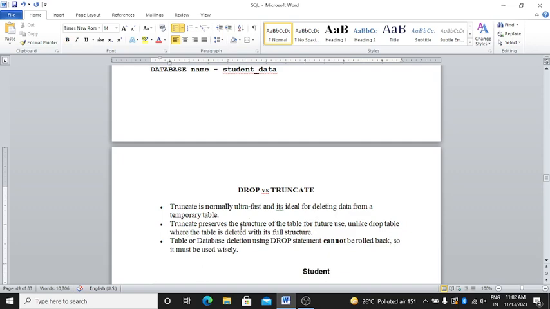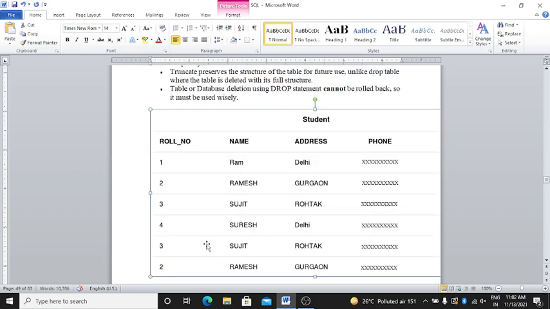Truncate preserves the structure of the table for future use, unlike drop table, where the table is deleted with its full structure. Table or database deletion using the drop statement cannot be rolled back, so it must be used wisely.